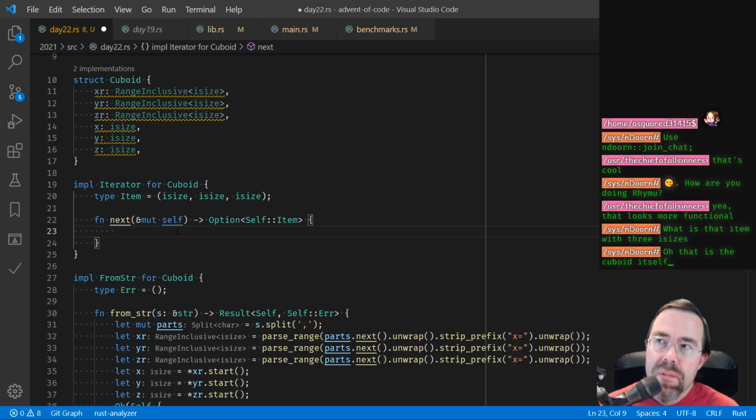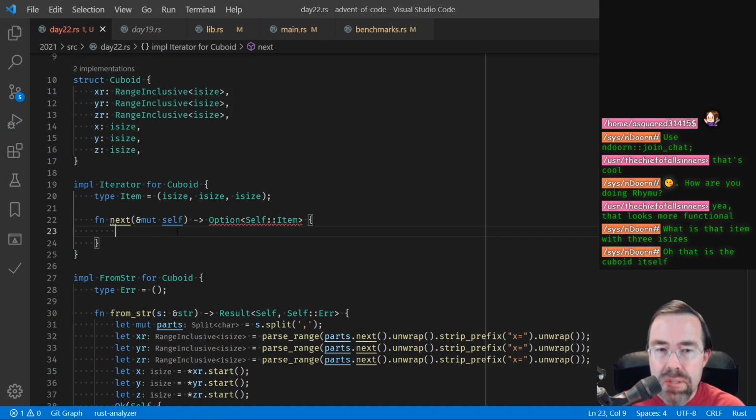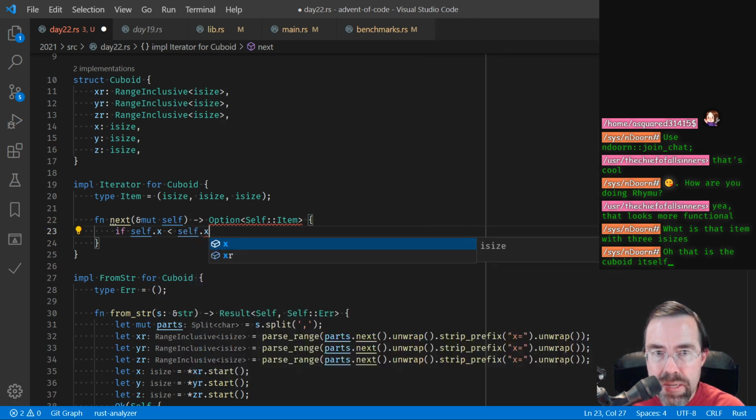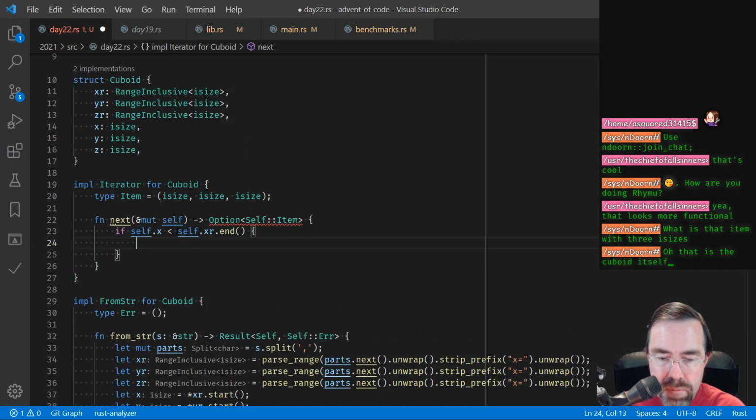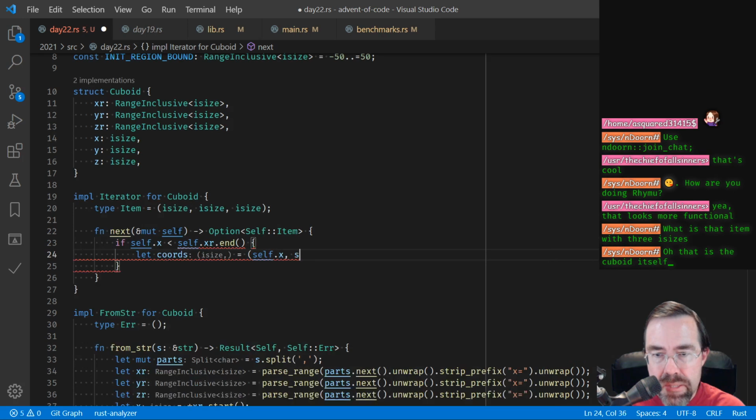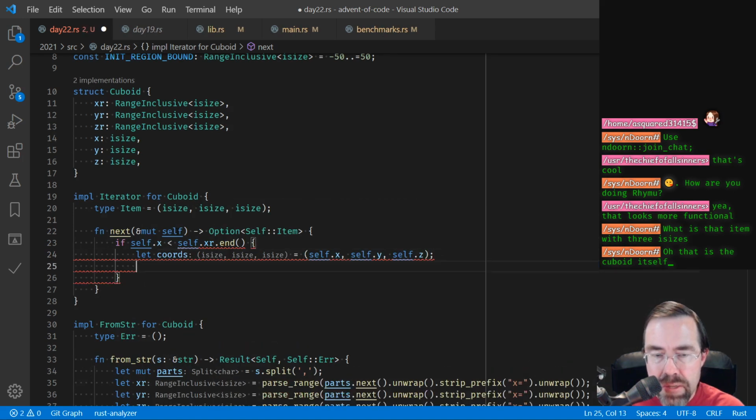So it doesn't really matter which dimension we do first. So let's just say if self.x is less than self.xr.end, then I want to find out what the next value of y and z will be. Actually, let's just get the coordinates. So let coords equal self x, self y, self z. And then